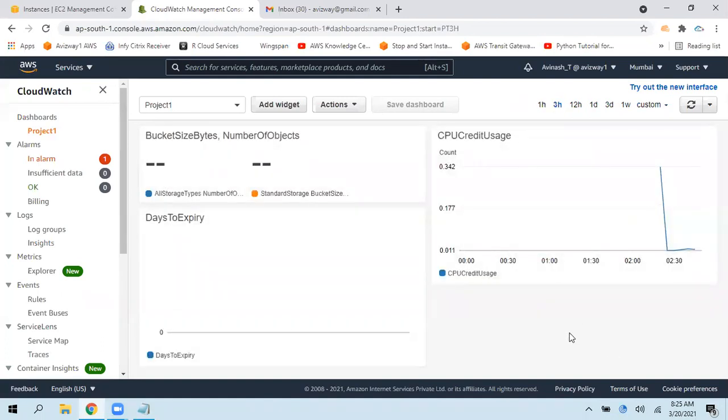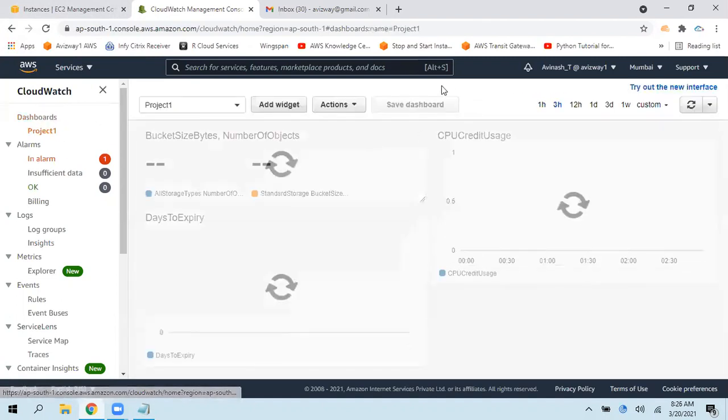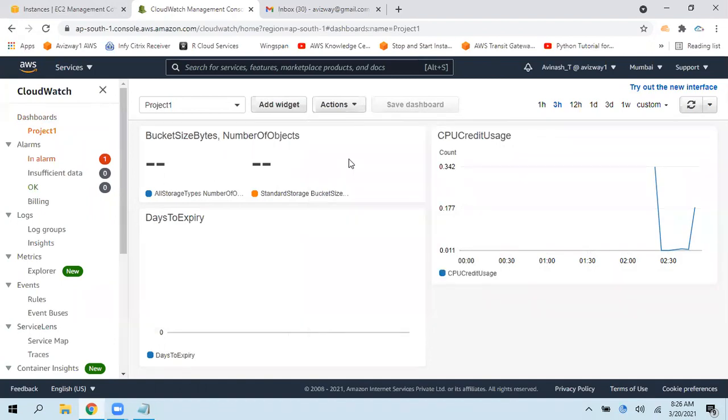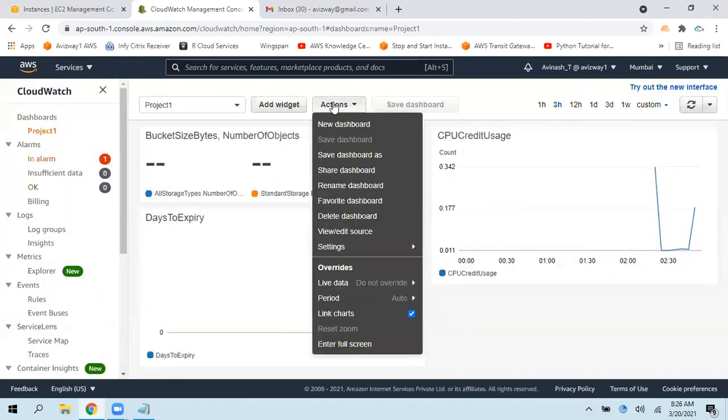Okay, so that is a dashboard. Monitor everything from a central location. And one dashboard is free, and don't add more than 50 metrics here, right? So you can save this dashboard as, or you can share this dashboard with other people,